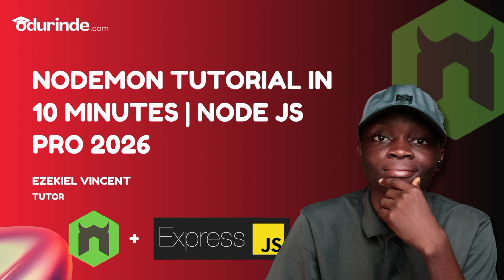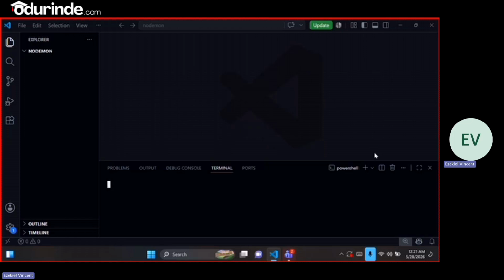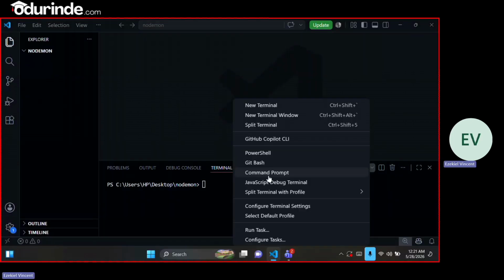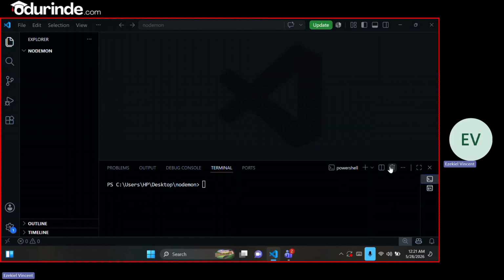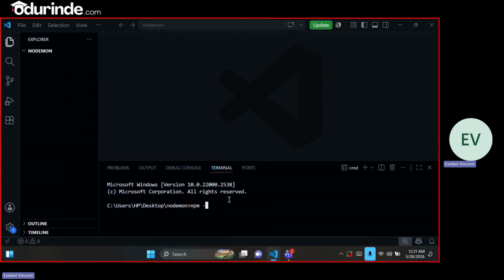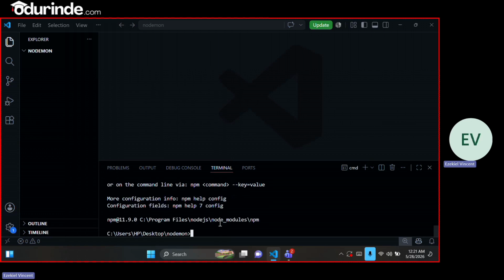So here we are on my screen. First of all, I'm going to initialize my folder. I'll come to this drop down and select command prompt. Please don't select terminal unless it's not working. So I'll come to command prompt and do npm -y. So I've done npm -y. After that, run npm